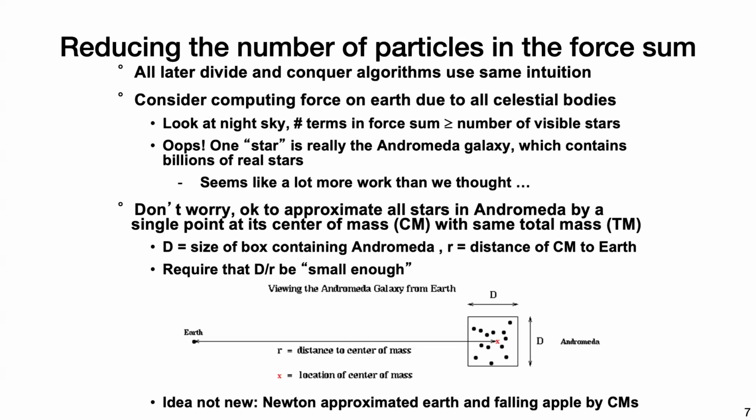And the way that we decide what is far away and what is close is determined by some distance, d, which is the size of the bounding box, and r, which is the distance from that center of mass to the Earth, which is the particle that we're trying to compute the force interaction on at this time. And so d and r are both parameters of the simulation, and there's some parameter that is given relative to d over r, and if d over r is below that parameter, then it's considered